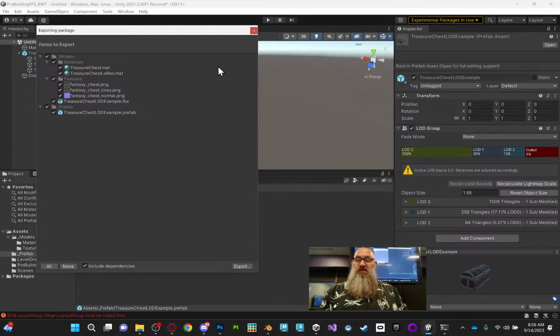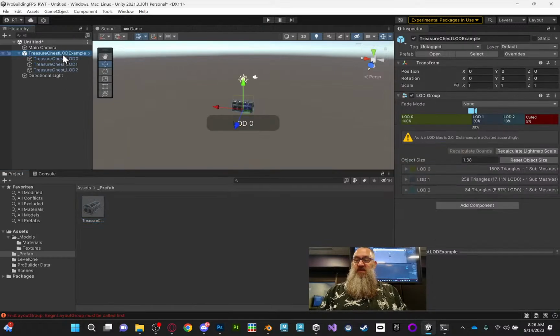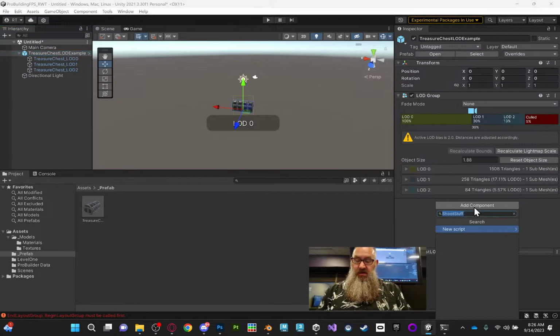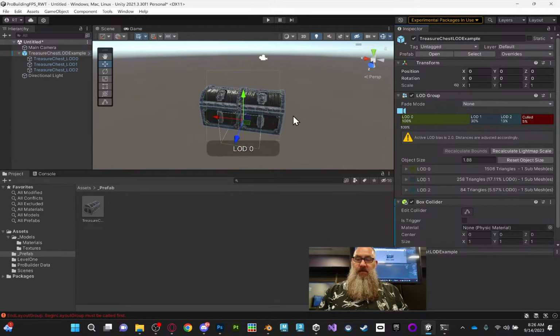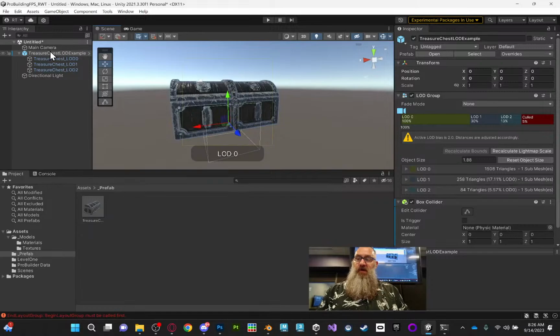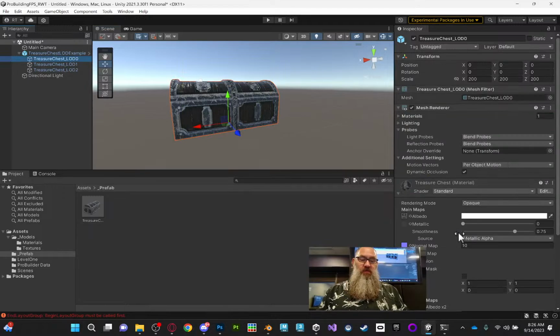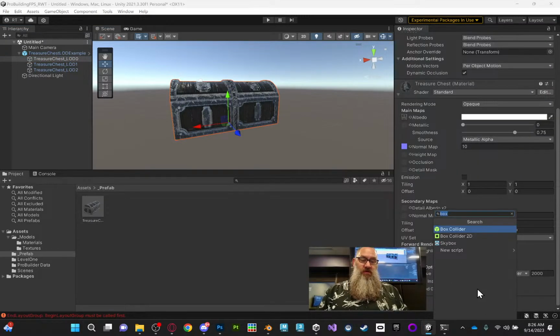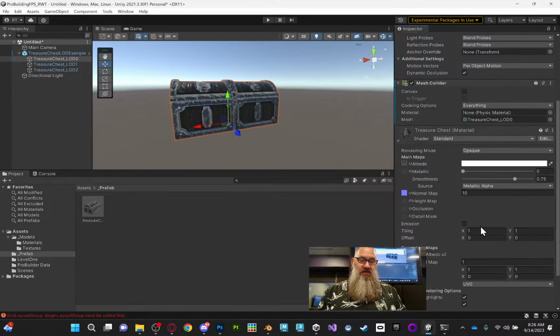If you actually, you know what? Let me stop right there because I'm going to go back to my prefab. And let's just go ahead and make it a box collider. Problem being that this outer part of the FBX doesn't have a mesh. It's just empty. It's a holder. So we can put a different collider per what we're looking at. Let me undo that. So I'm going to do this more deliberately. I'll do a mesh collider